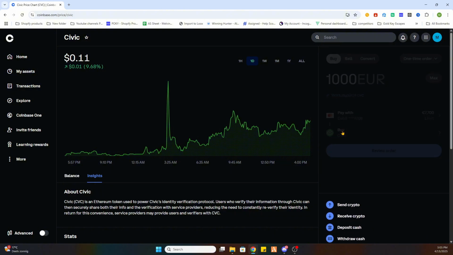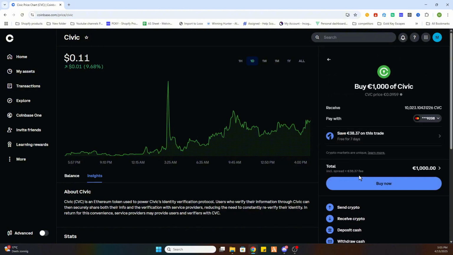Now you will review your order, and as you can see, we are paying a transaction fee towards Coinbase. You are paying fees towards Coinbase for every order or trade you make on their platform. Now, if you would like to save yourself a bit of money, then use the Coinbase One subscription. As you can see, you can try it out for free for 7 days, and after those 7 days you will pay around 25 euros a month. But on this order alone, we are already saving up to 38 euros, so it is already profitable. Definitely try that out. Now, once you have decided to buy these coins, click on the buy now button, and